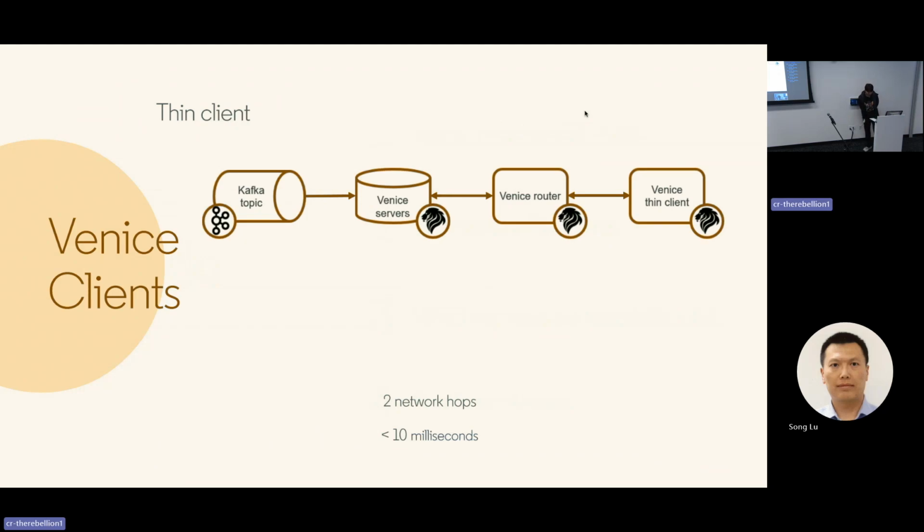To fully understand the Venice fast client and its differences from the other Venice client libraries, let's rewind a little bit and take a look at the very first client library that we have, the thin client. This was already introduced in the previous presentations, but just in case you missed it or forgot about it, let's quickly go over it. It's 2 network hops. We have the data bootstrapped in our Venice servers, and then a request comes in, goes through the Venice router, which will route to the correct server and then get your data back. So that's 2 network hops, and for a single get, it gets you less than 10 milliseconds for the P99